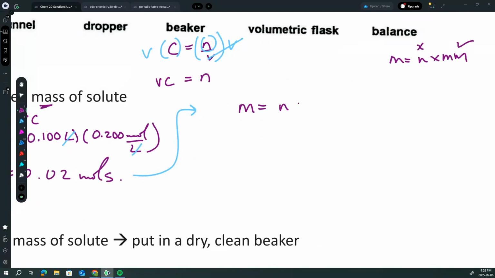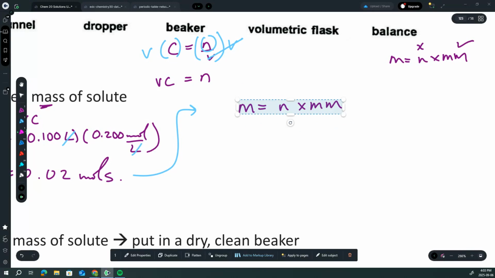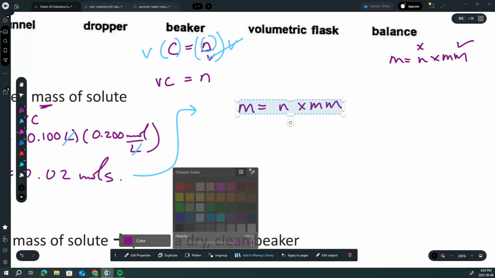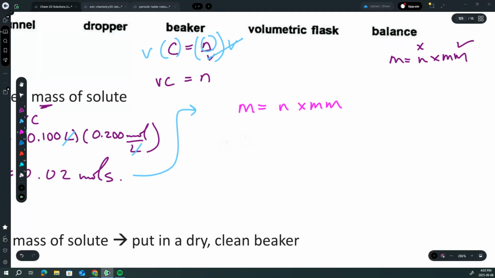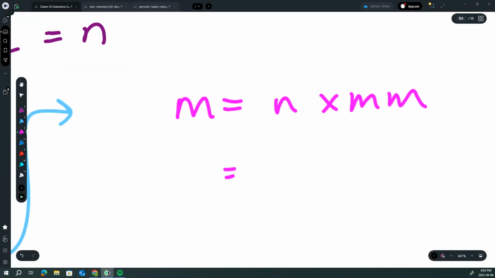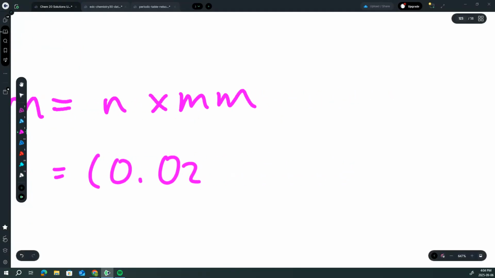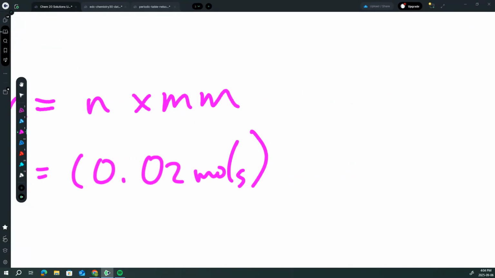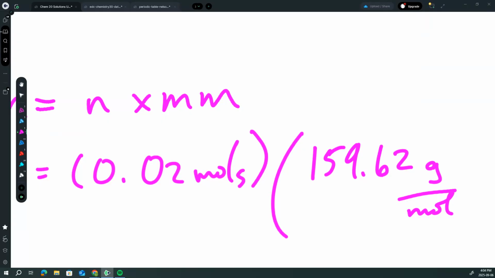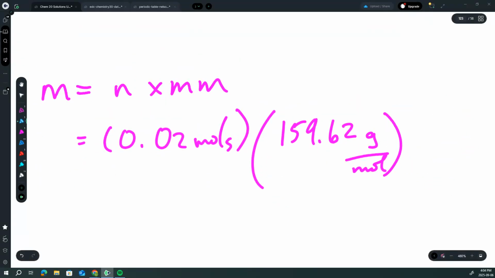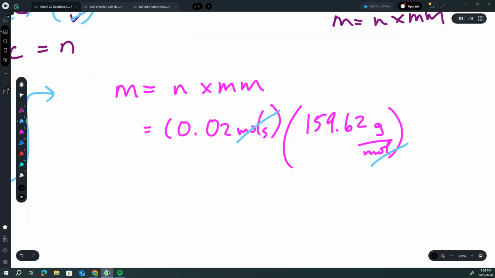So mass is equal to moles times molar mass, and actually let's put this in a different color. There we go. Okay. So we have 0.02 moles times 159.62 grams per mole. Cancel out moles, and we are left with